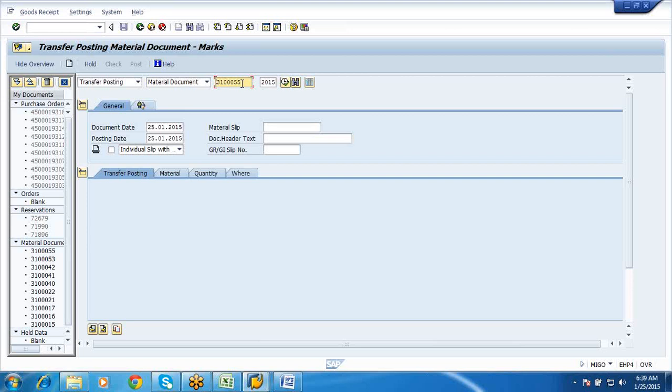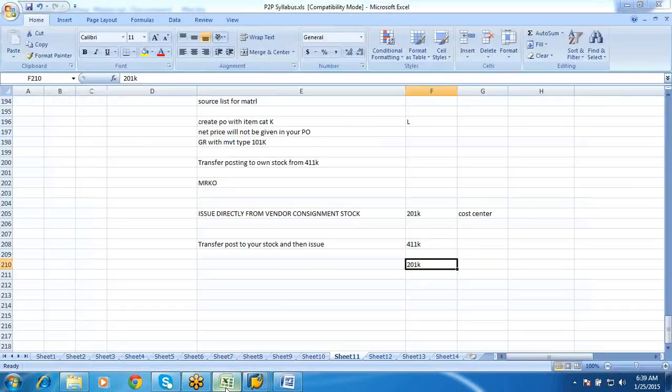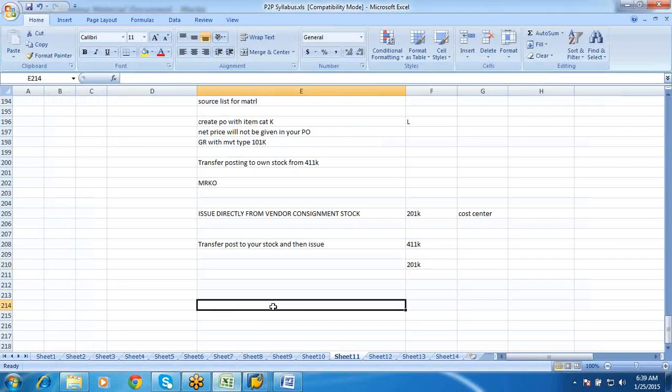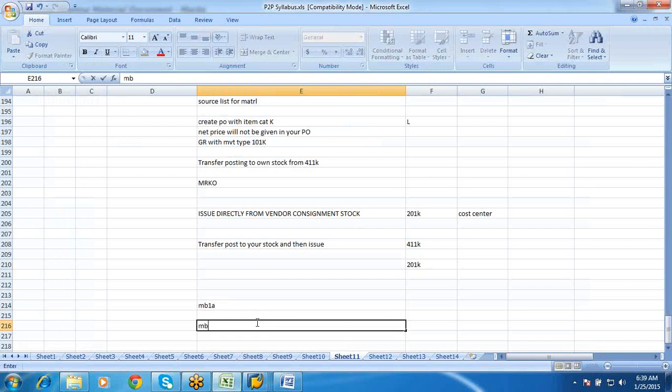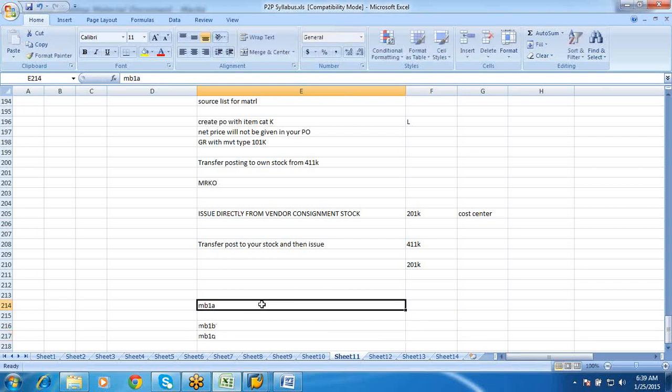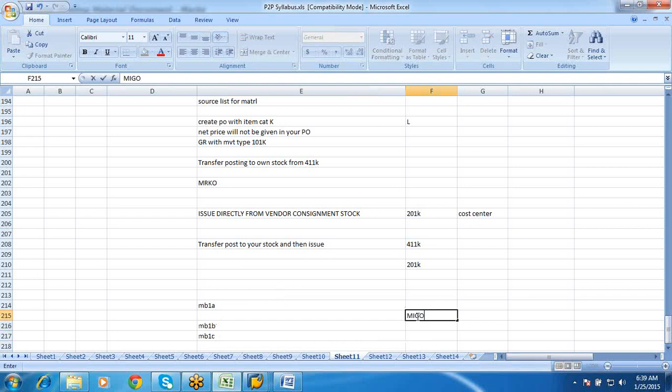Previously we had three transactions. The first one was your MB1A, the second one was your MB1B, and the third one was your MB1C. All these three transactions combined is MIGO.